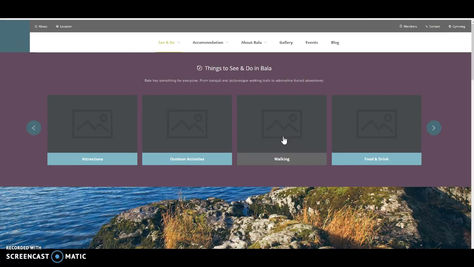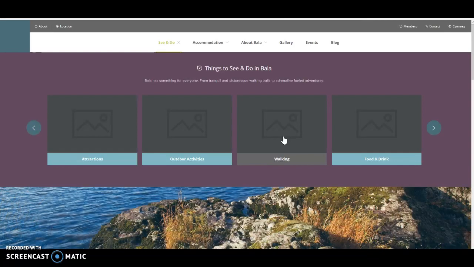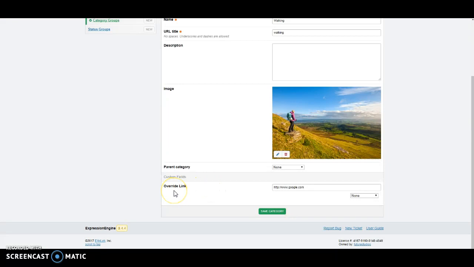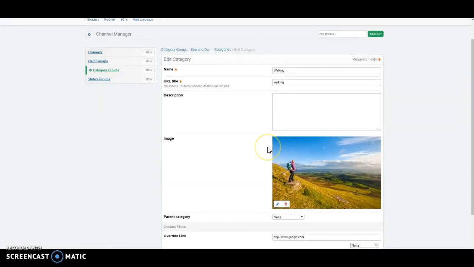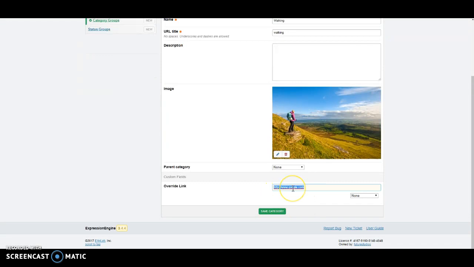And rather than having member listings on the page, you might want to put a bit more depth into the walking page because it's such a big aspect of what you can do in Bala. So with that in mind, I've created what I've called an override link. Now, at the moment it says google.com, but you can change this. I don't know for sure what the URL is yet, but you could put in there, say,